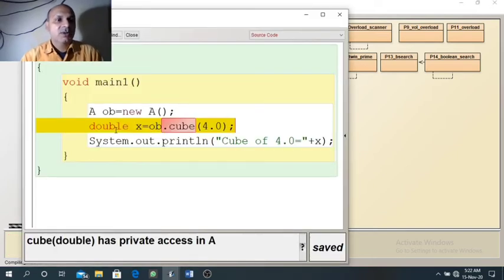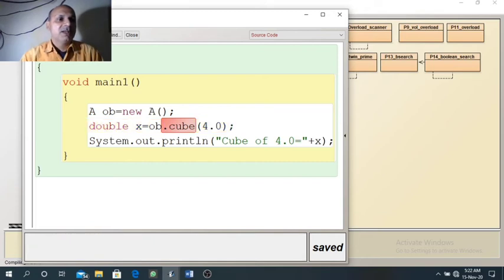I have created one more class here, class AA, void main1. I am going to call the cube function in another class, that is AA. So first we need to create the object of the previous class.